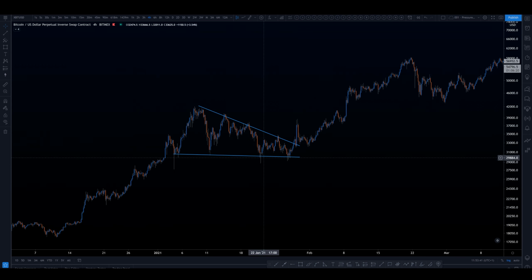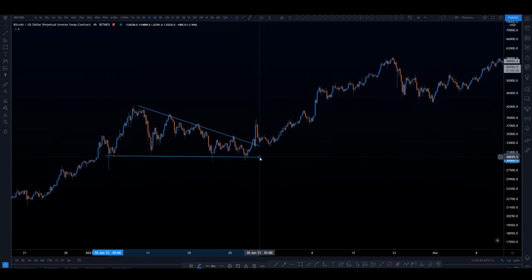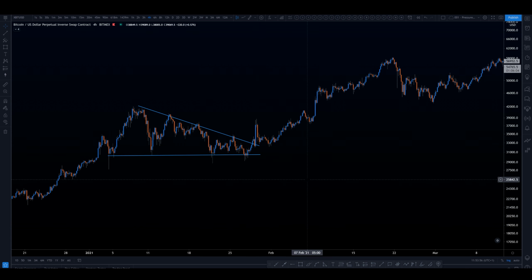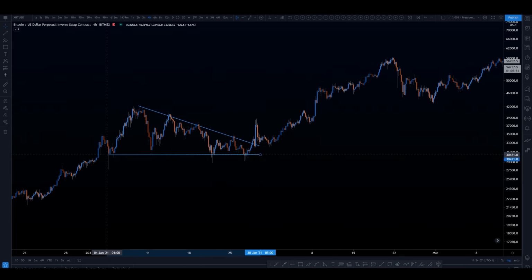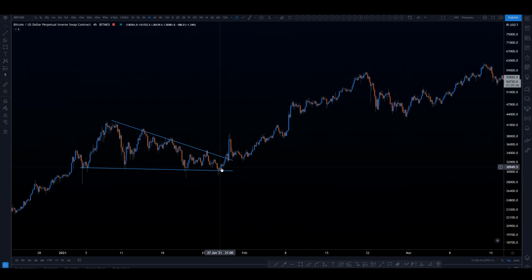As you can see, we do have something like a falling wedge structure here. It could be drawn as a descending triangle as well. It could be. But as you can see, it tried to break out and failed. So it effectively was confirmed as a bullish falling wedge pattern. And this falling wedge broke to the upside, confirmed support, and